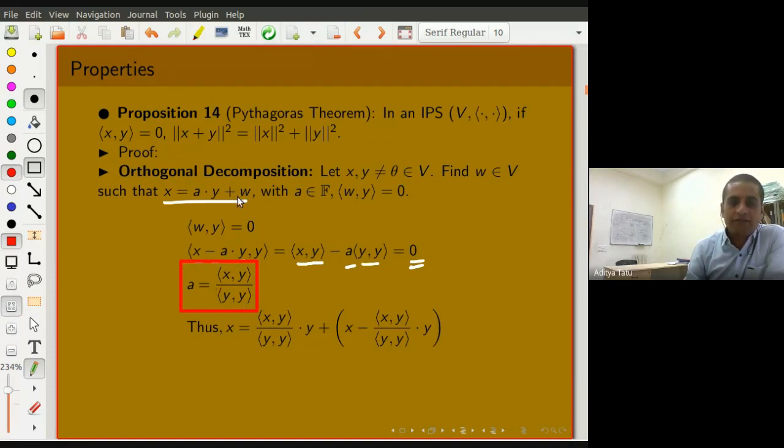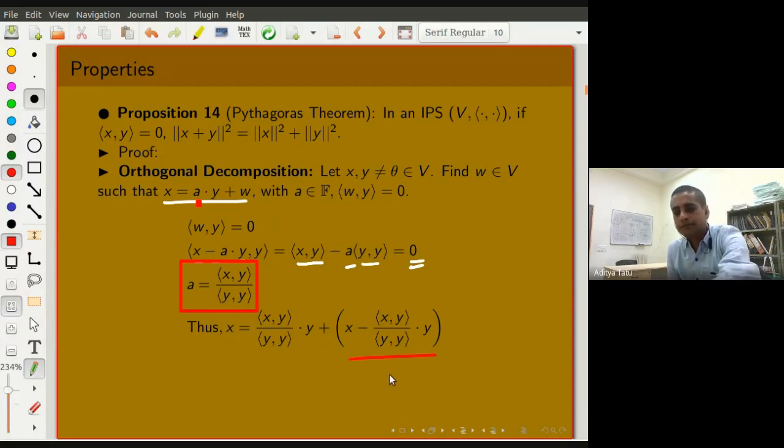Once we have A, we can find W by just substituting A in this equation here. That gives me W equal to X minus A, which is X inner product Y divided by norm Y squared, into Y. Right? Any doubts here? Okay, then